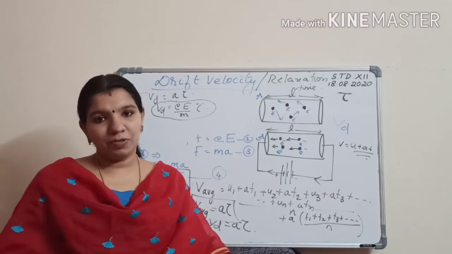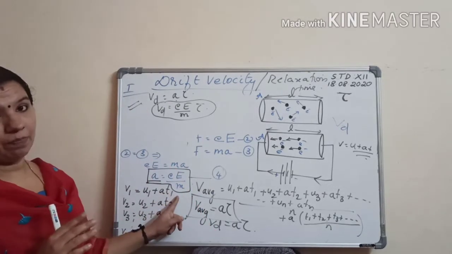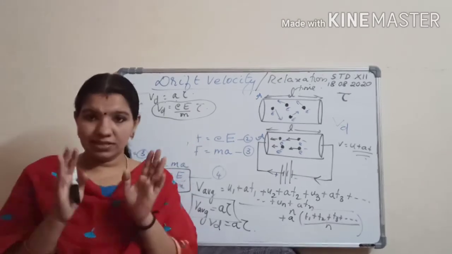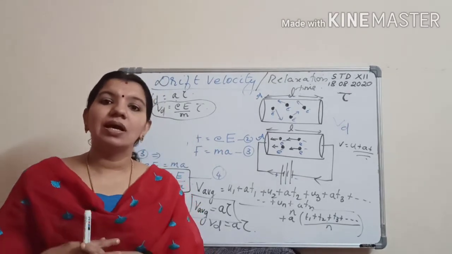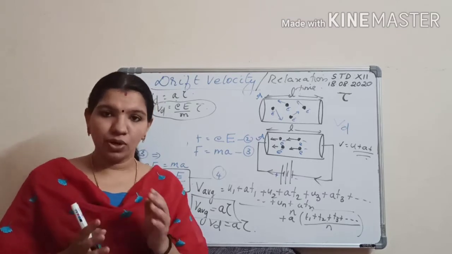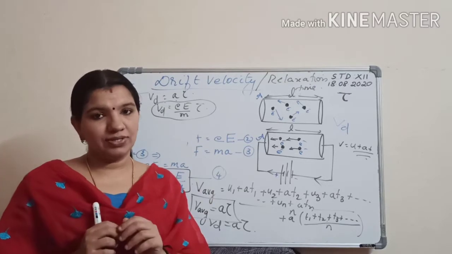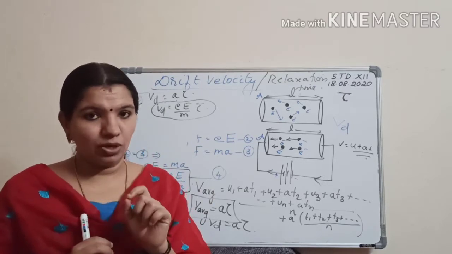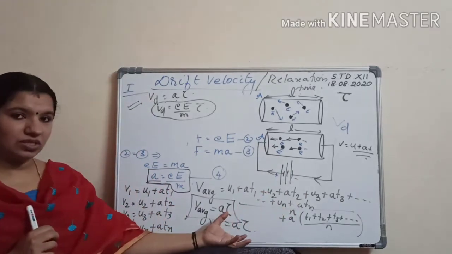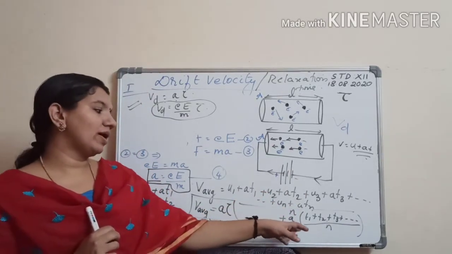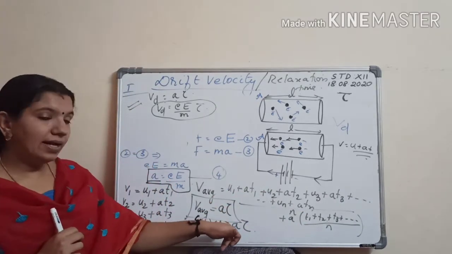Now you take the expression for acceleration a, which is eE by m. Understand? Now, since it is constant acceleration, we can apply Newton's equations of motion, that is v equal to u plus at. There you are finding the final velocities and taking the sum or taking the average. That average velocity is denoted as the drift velocity. While finding, the initial velocity term will turn to 0, and finally you will get a into tau.